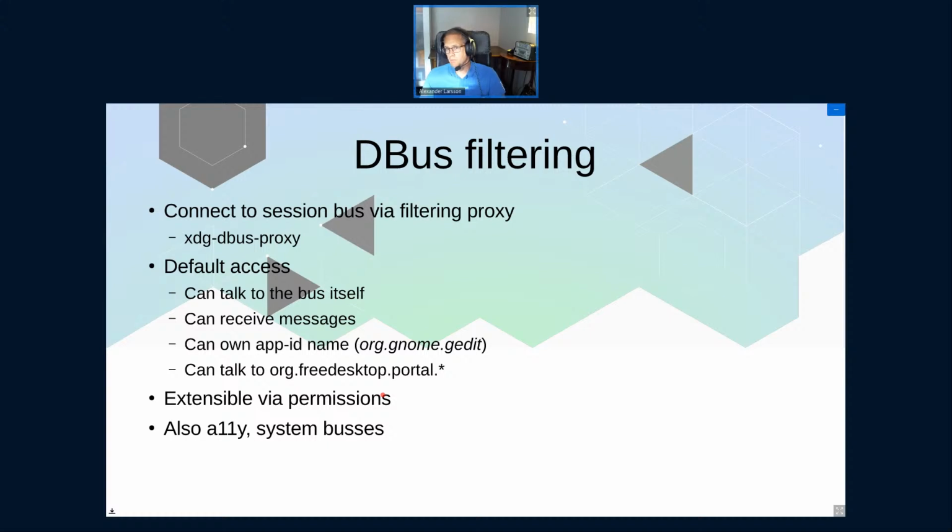But all of this is obviously extensible, so you can add permissions that say yes, I have rights to talk to a specific service on the bus, or to own a different name on the bus. And we also have similar filtering for the accessibility bus and the system bus, although the system bus is not necessarily used a lot for desktop applications.